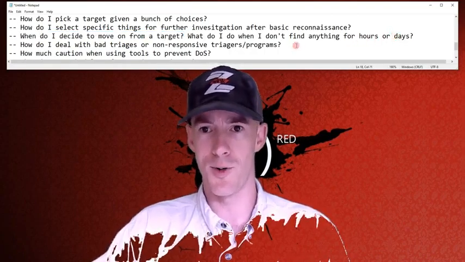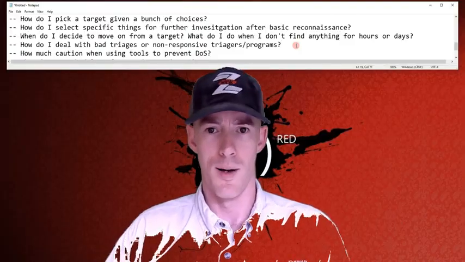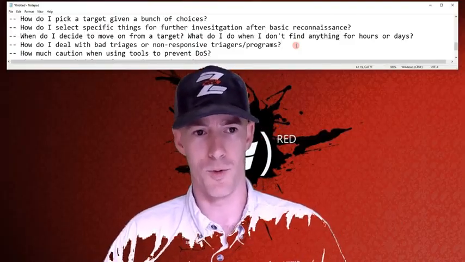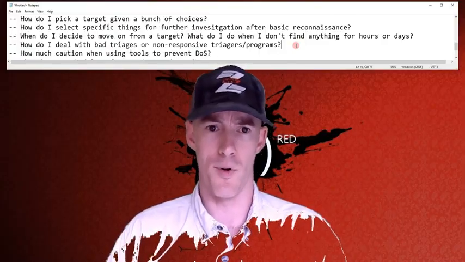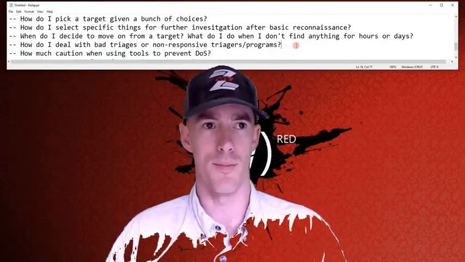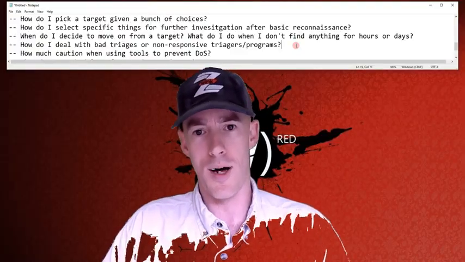It depends though, if I'm trying to achieve some personal goal, I have to find a bug with this program, I just want to do it, that's just me, I might dig in a little deeper, right? If it's some program that I know is hardened, but I just want to challenge myself, well, I might go longer on it.